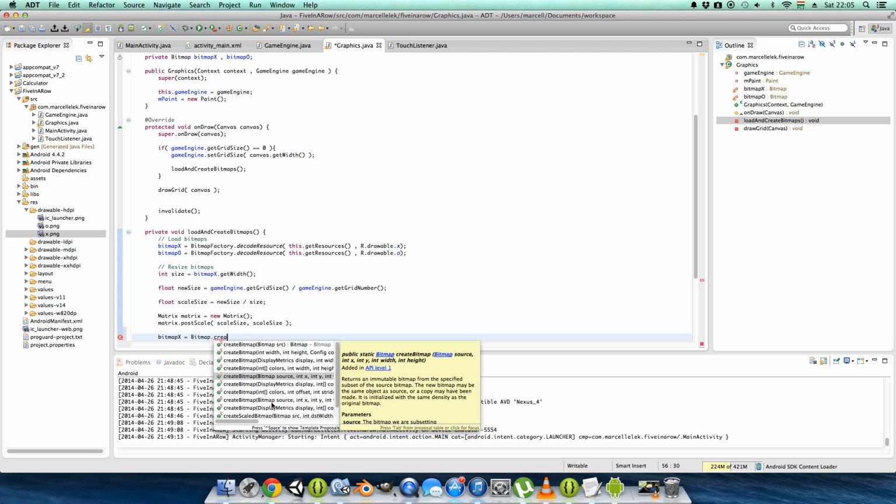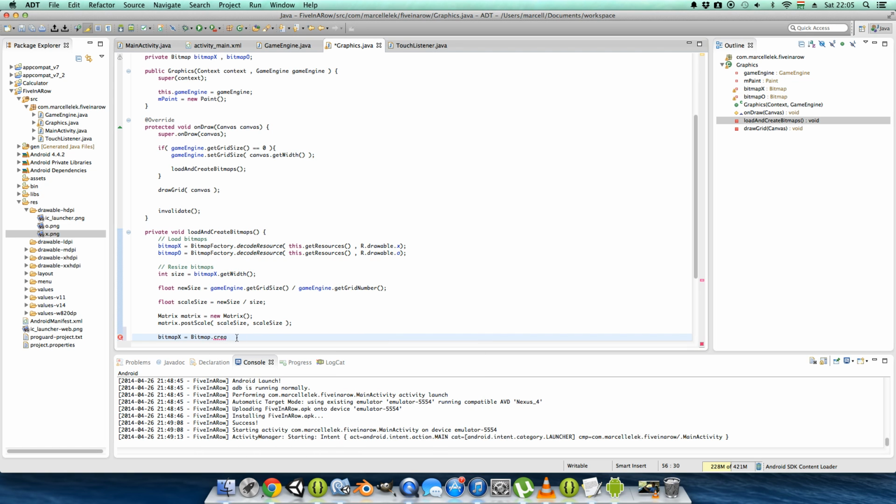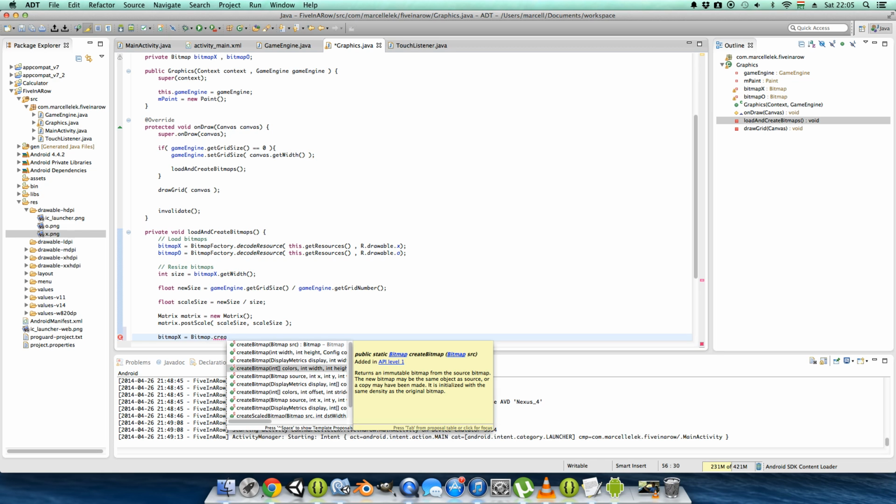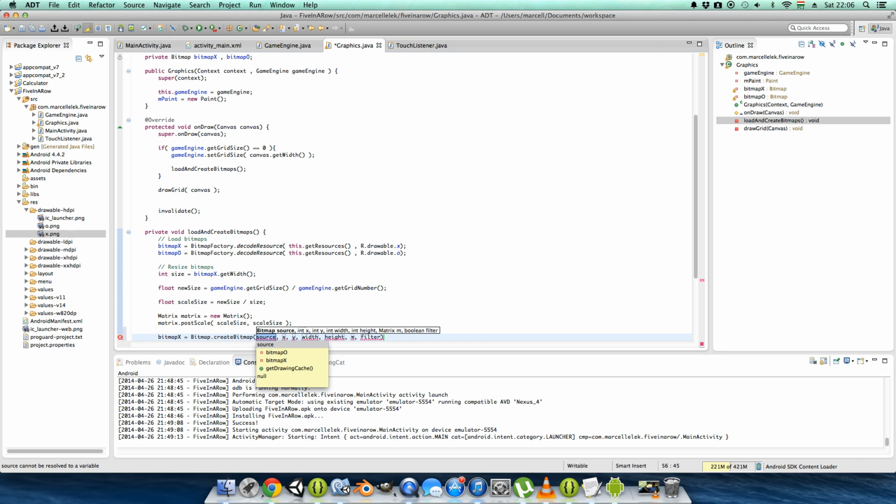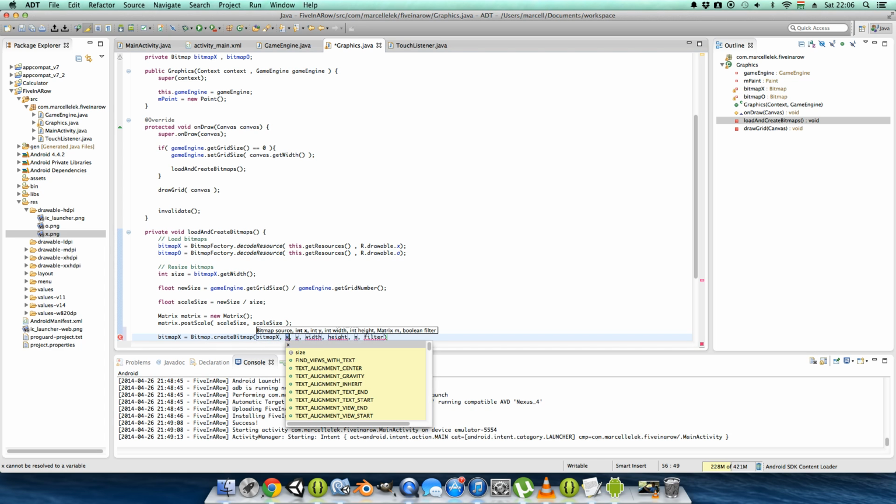How can I resize this? Cannot resize this. Okay, let's create bitmap with this. So the source for bitmap x is going to be bitmap x. The x stands for the position of the top left corner. The y is